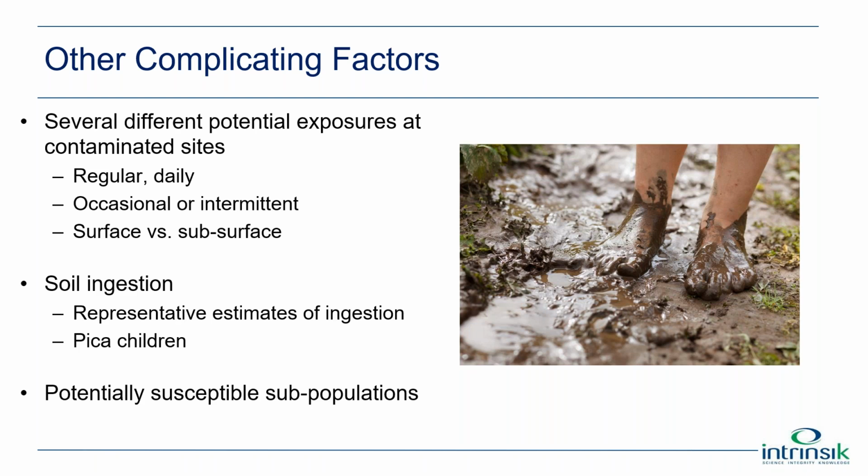I have a note here about pica children. Pica is a medical condition where there's compulsive ingestion of non-food items for a period of greater than a month, and it's usually diagnosed in people greater than 2 years of age. So you can see it in children. And there's a requirement in the Alberta Tier 2 to have a guideline check value when you're deriving your site-specific value to consider a pica child.